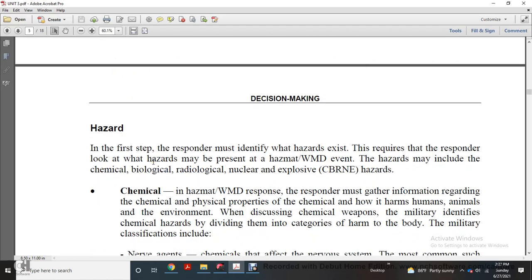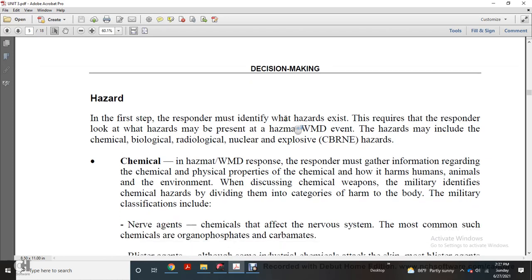And the first step of the responder must identify the hazard, exhibit the required hazard of the presumed hazmat weapon of mass destruction event. The hazard may include chemical, biological, radiological, nuclear, explosive. Chemical hazmat weapon of mass destruction: respond, gather the information regarding the chemical properties of the